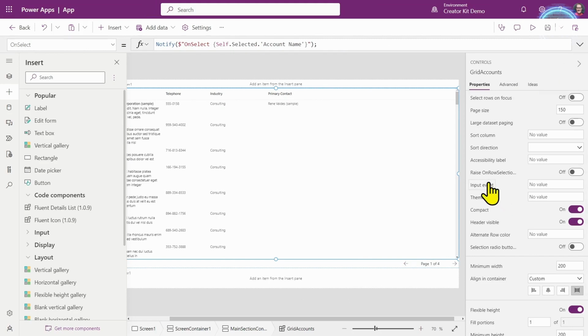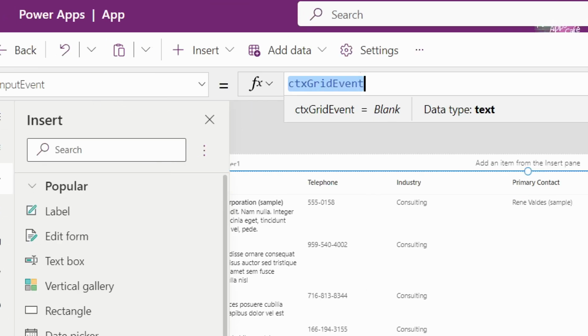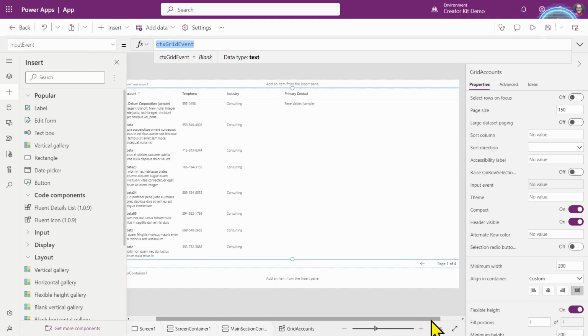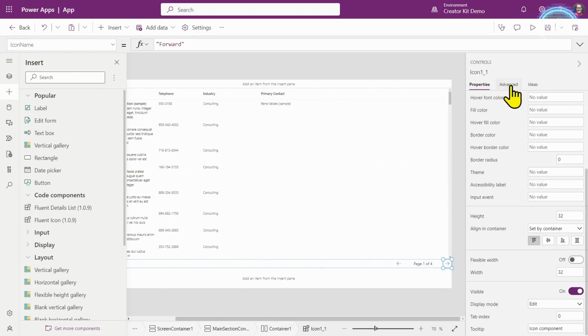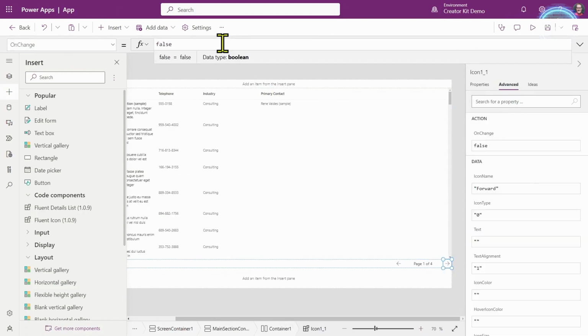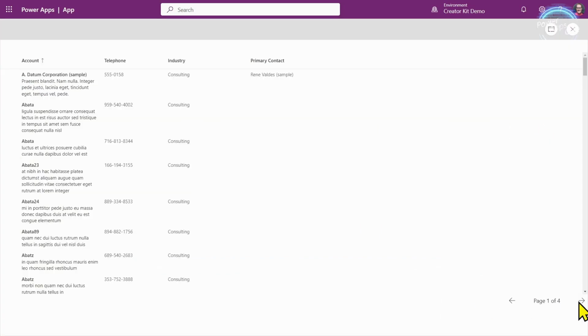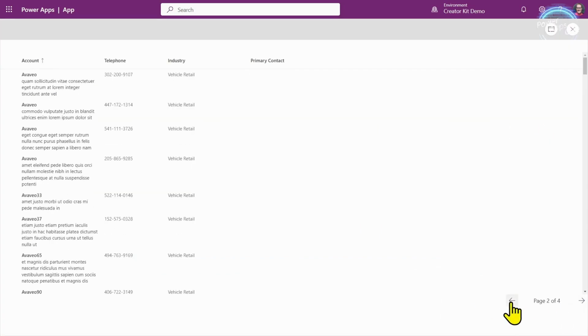And so I'm going to set this input event here to my grid event like that. Oh, let's put it in as a text. I don't need to do that like that. And so this now means that the input event to this grid will be set to load previous page. And then, again, on the on-change of here, I'm going to set this to say load next page. So if we go and run this, I should be able to move between pages. So there you go. It's now moving between pages. You can see down here it's page 3 or 4.